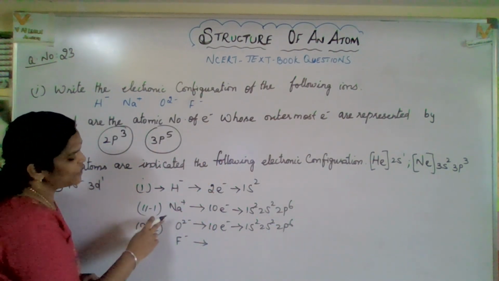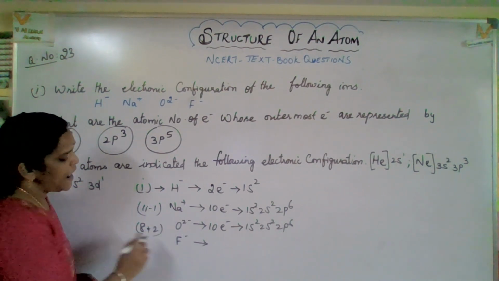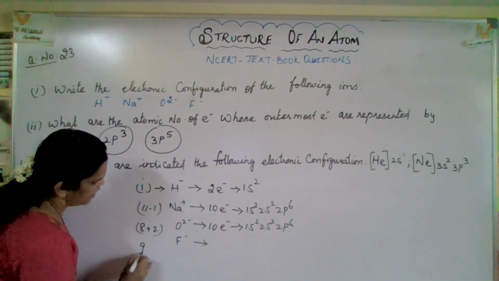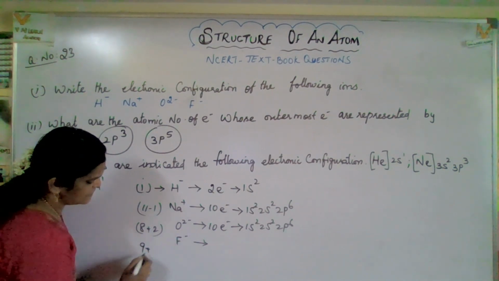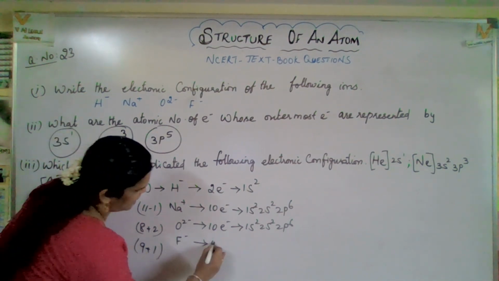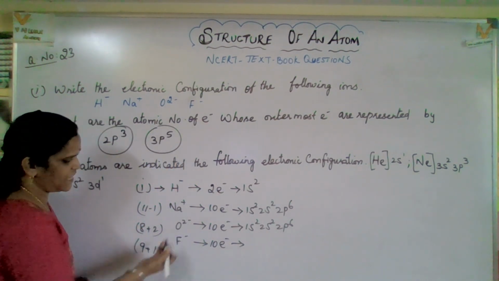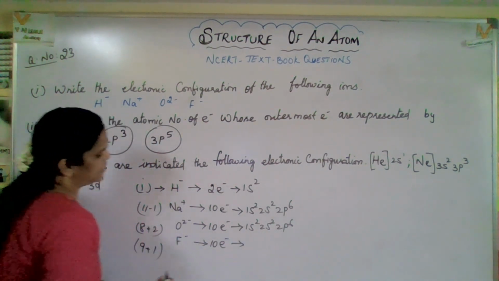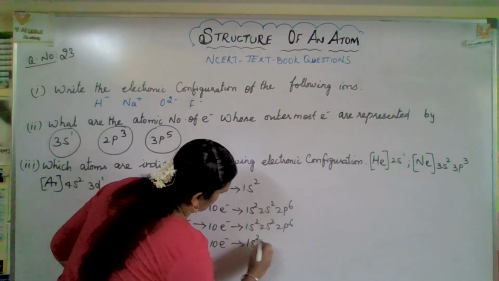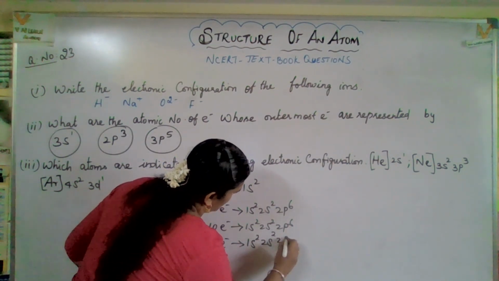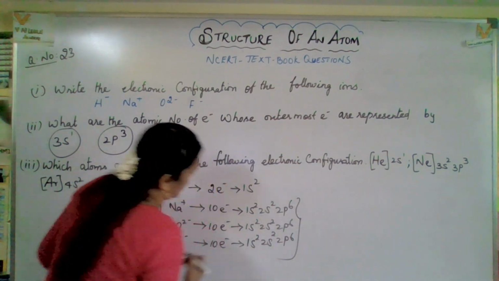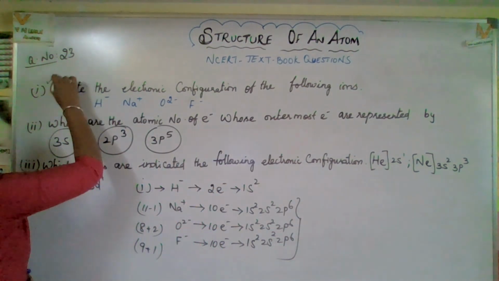You may think in that way. Yes, fine, it's correct only. And fluorine, it's 9 electrons and plus 1, only 1 minus is there. So here 1. So that means 10 electrons here. So this also isoelectronic species. Same number of electrons, no? So that is isoelectronic species 1s2, 2s2, 2p6. Yes, fine. I hope you got a clear idea for the first one.